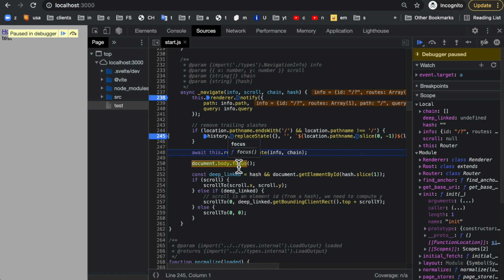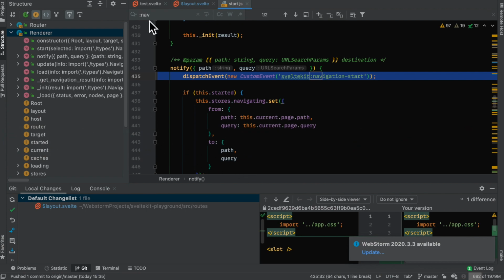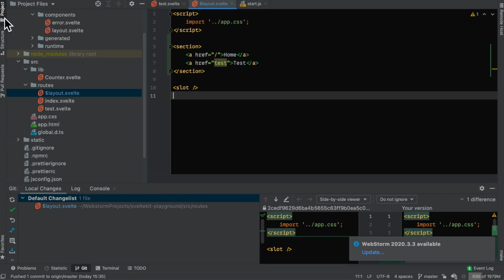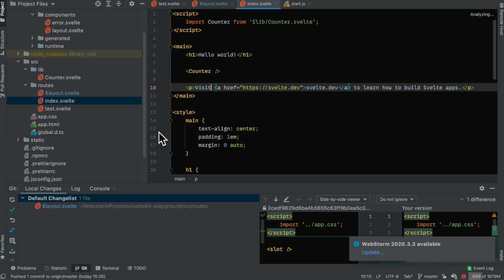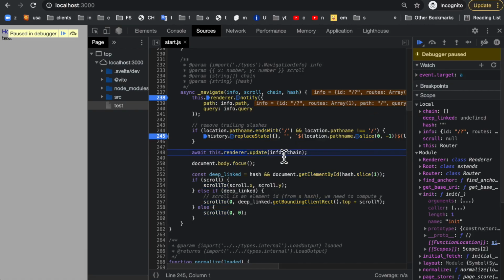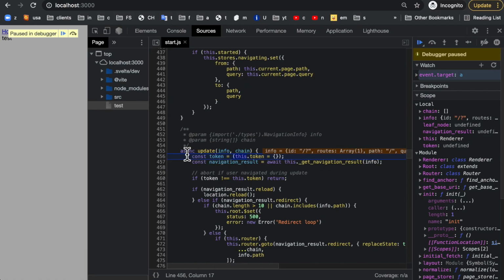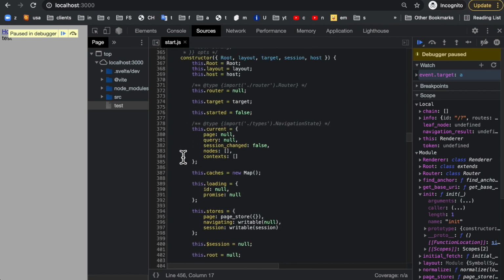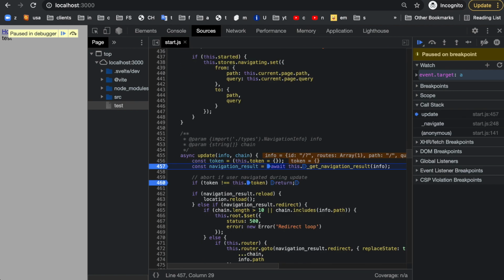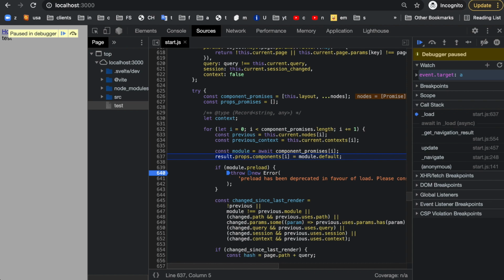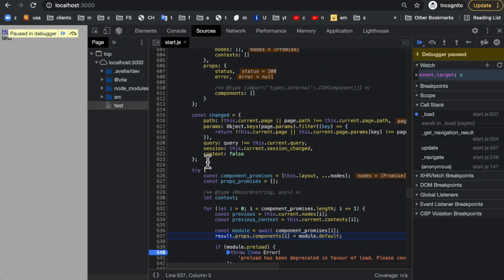This will be interesting. So we're navigating to the home route, and if we just go to the page here, this is the home route. So basically we will see this text being added. So let's go into the renderer update. So async update, that's going to be part of the renderer, I believe. Okay, so we're going to step through this navigation result, which is an asynchronous function. So we step into that,